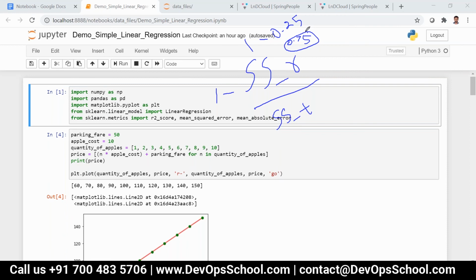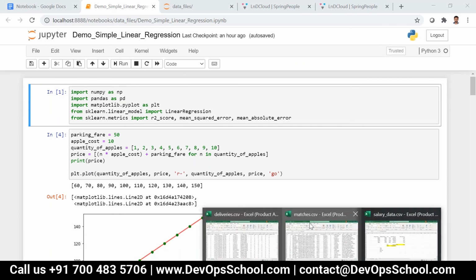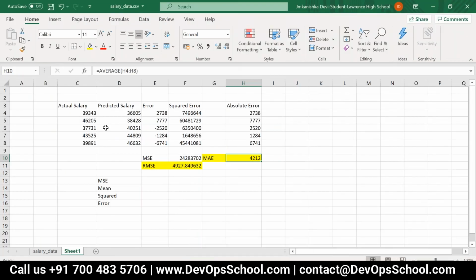For example, for this particular stuff, I can just say like 39,343 divided by something like this. So sum of squares of all residuals and sum of squares of all this thing.